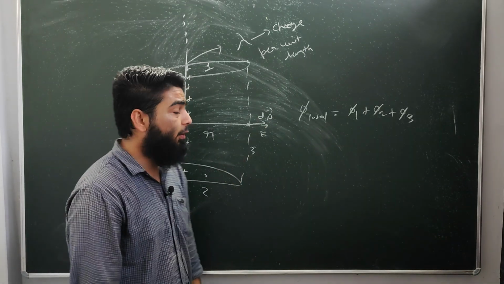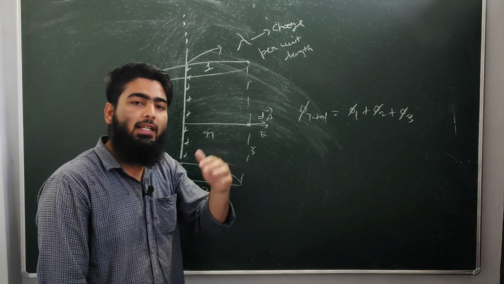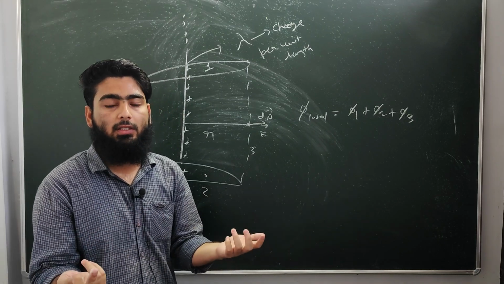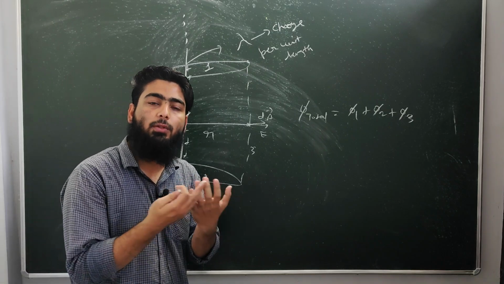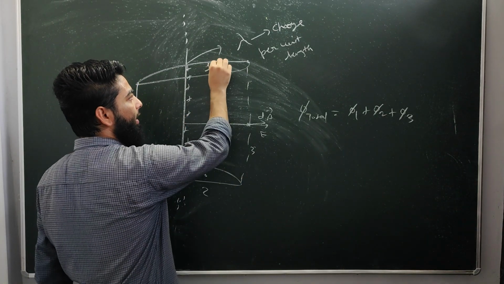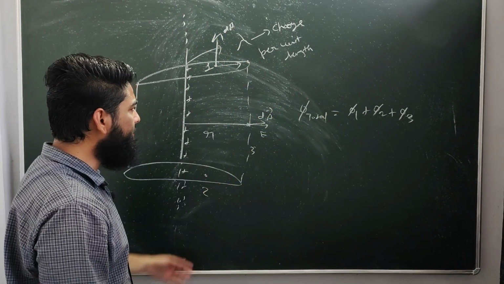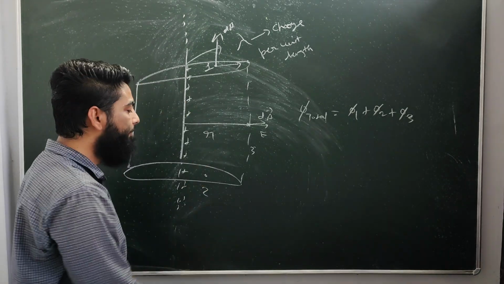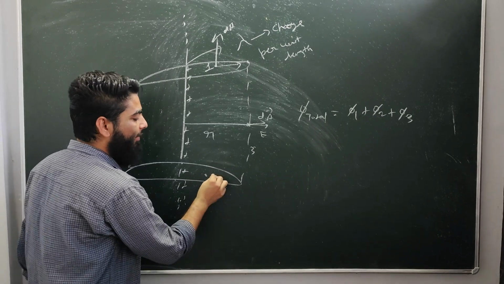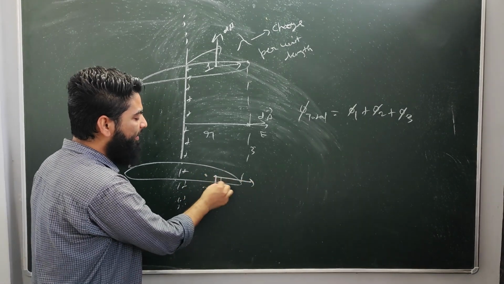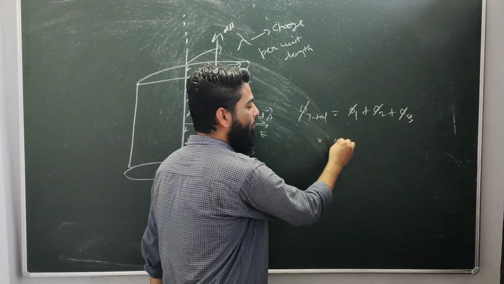Now one thing, the total flux through cross section area 1 will be 0 because of the product E dot dA. If the electric field vector and the area vector are perpendicular to each other, the net flux will be 0, because E dot dA will be E dA cos theta, and if you place theta equals 90 degrees, then the product will be 0. So here the area vector is above, dA vector, and the electric field is obviously on the right, because we know that the electric field goes away from the positive charge. And at all the points on this cross section area, the area vector is below and the electric field is obviously on the right. So always making an angle of 90 degrees. So the flux through surfaces 1 and 2 will be 0. So I will place 0 plus 0.